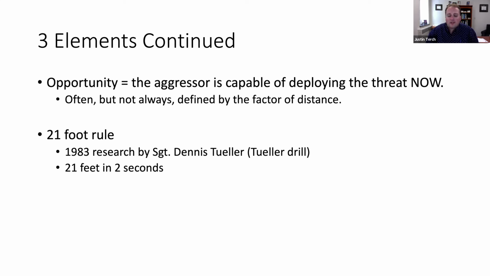And he did research that showed that for the average, this was for police officers, but it's certainly true for private citizens, that the average time it would take to pull a pistol out is less than it would take for somebody to start from a stopped position and run at you and reach you. So the 21-foot rule, 21 feet became the danger zone.